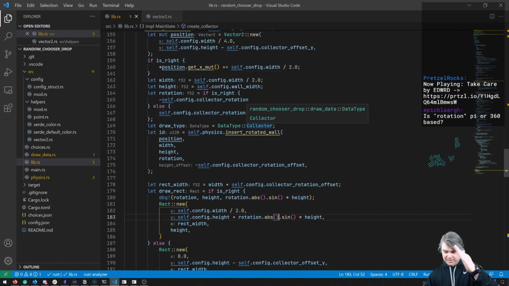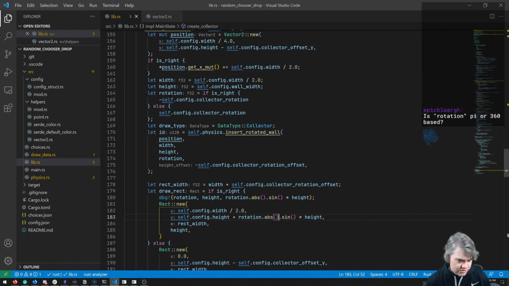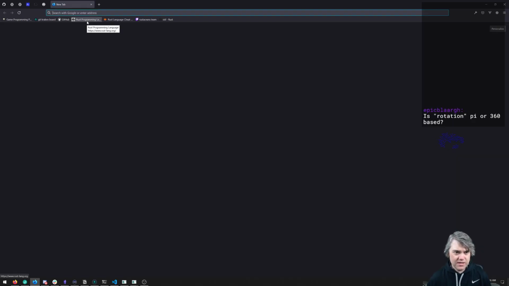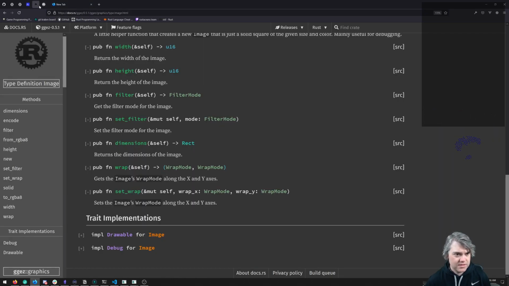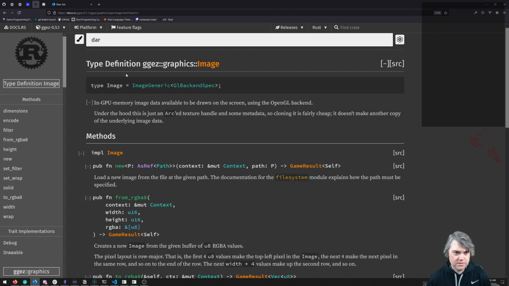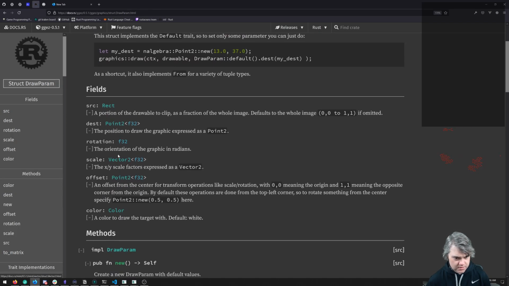So it's how much to rotate it by, which I think is the angle, or do I have to convert it to an angle? It's a good question. In GGEZ, for the drop params, oh, it's radians. It's radians. Okay, so I need to convert